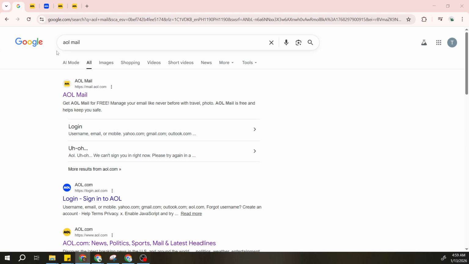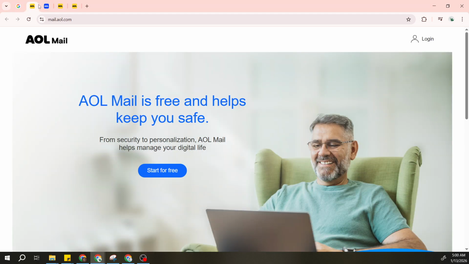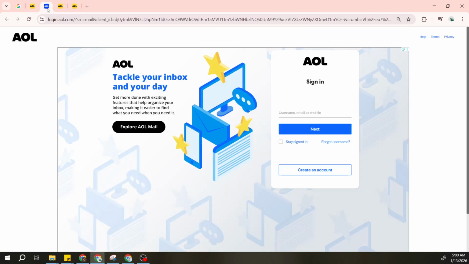Start by opening your preferred web browser and searching for AOL Mail. In the search results, choose the official AOL Mail link to open the sign-in page. On the top right, click Login or Join. If you're not already signed in, go ahead and access your account here so you can manage your contacts and